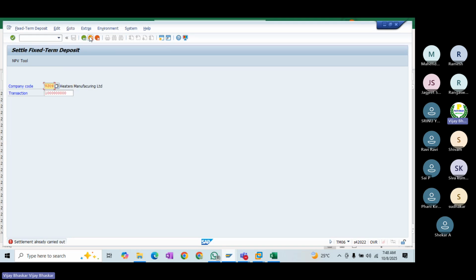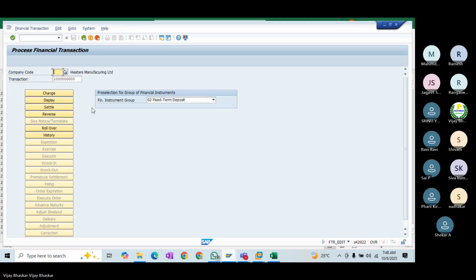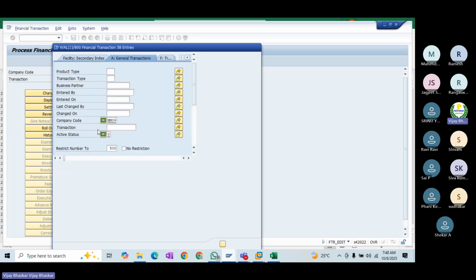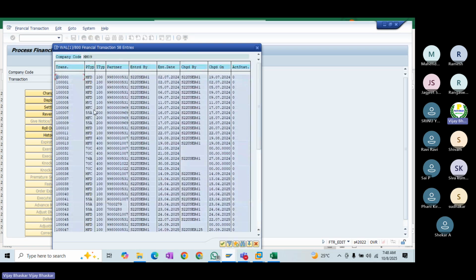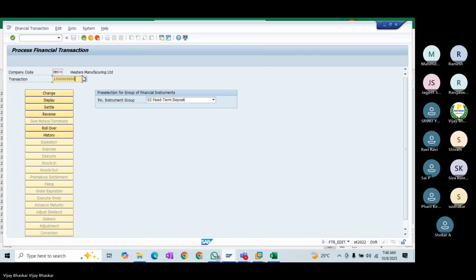I can show you one example, right? Second, I can show you one of the examples of how the system will be. Maybe let's go here.